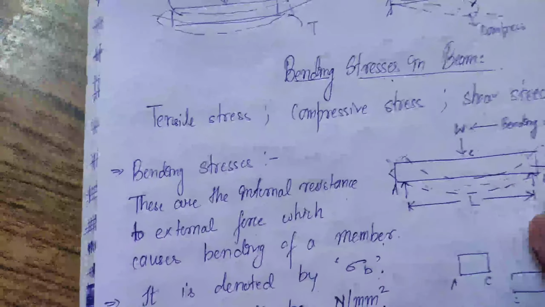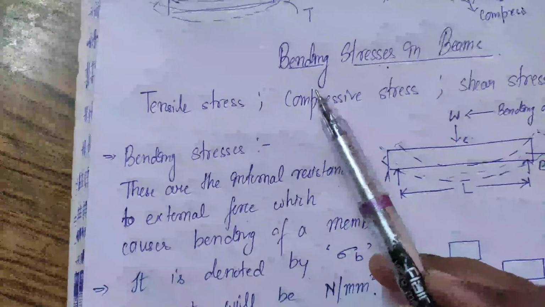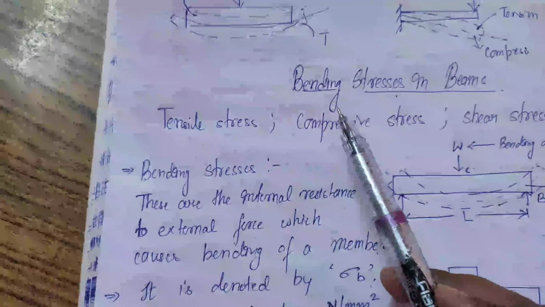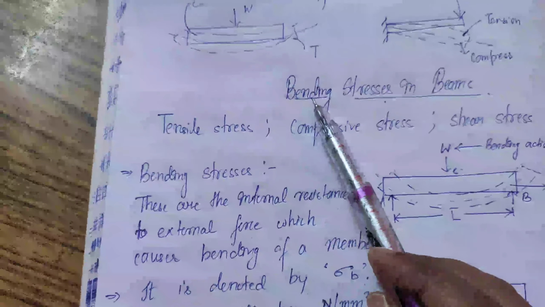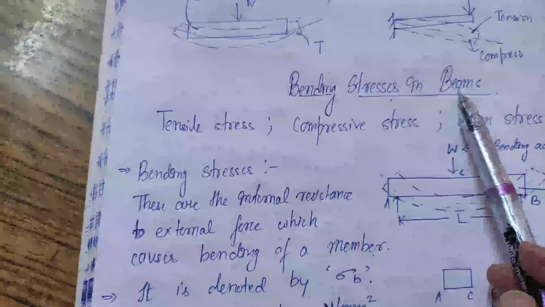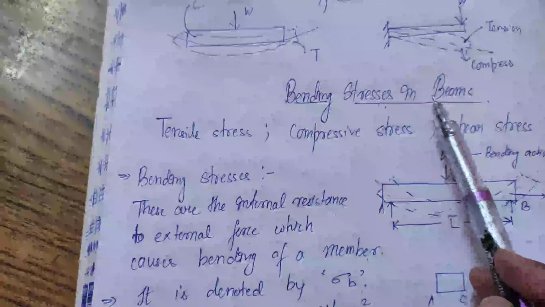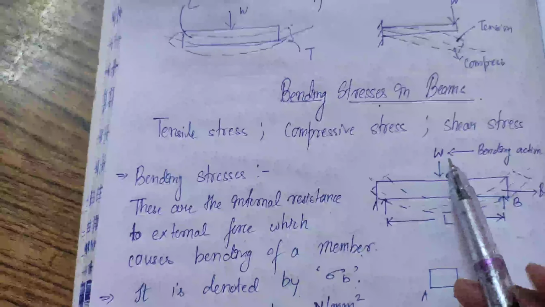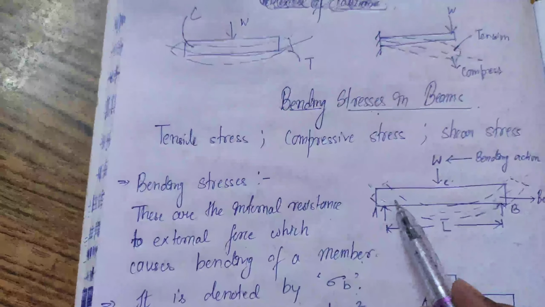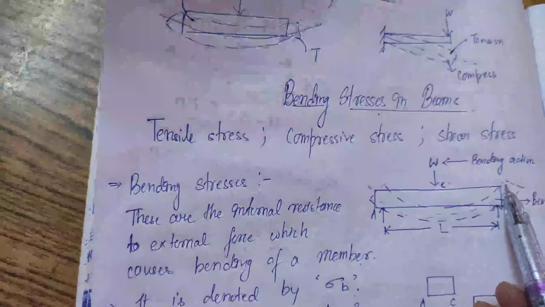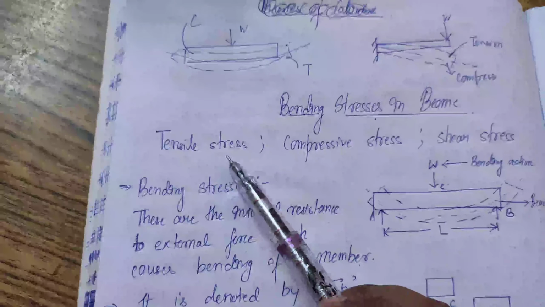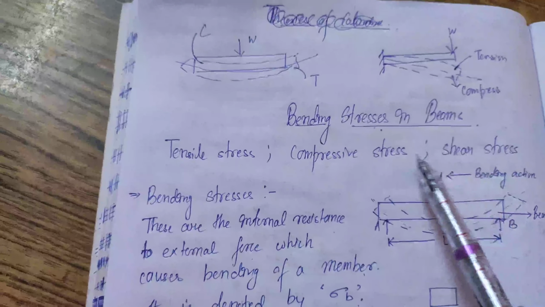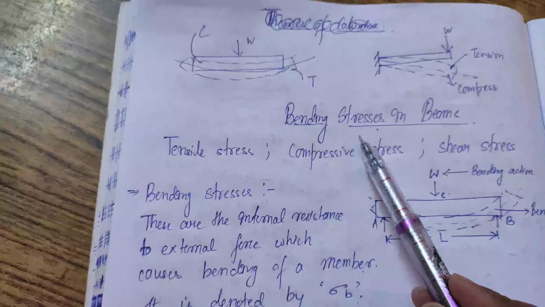Okay, so earlier we studied bending moment and shear force diagrams in a simply supported beam, and we have studied different types of beam. Today we'll study bending stresses in beams. So what are bending stresses in beams? If this is the beam and I'm applying a load of W, it gets deflected to this shape, right? You have come across tensile stresses, compressive stresses and shear stresses, so today we'll study the bending stresses.